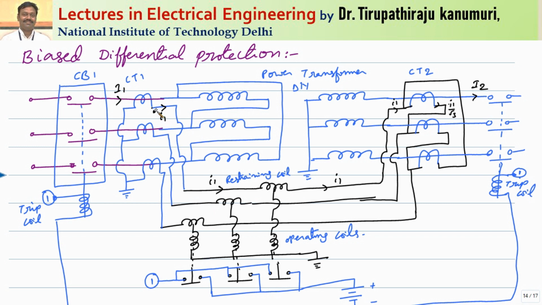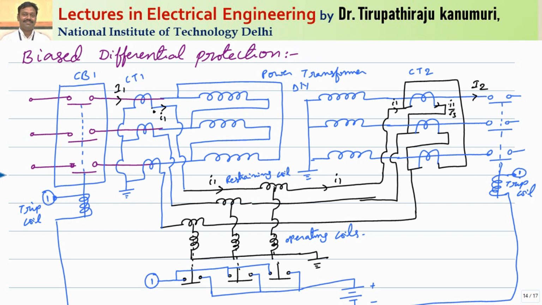But actually, because this is a circulating current scheme, whatever current is entered, the same current will leave. Because the same current is leaving, only the difference in the current will pass through your operating coil; no current will pass through your operating coil. But you can observe here, this current is passing through your restraining coil, because the restraining coil will oppose the operation of your relay, and the amount of opposition for the closing of the relay will depend on the value of the current that is passing in your pilot wires. So the more the current, the more the restraining force; the less the current, the less the restraining force.